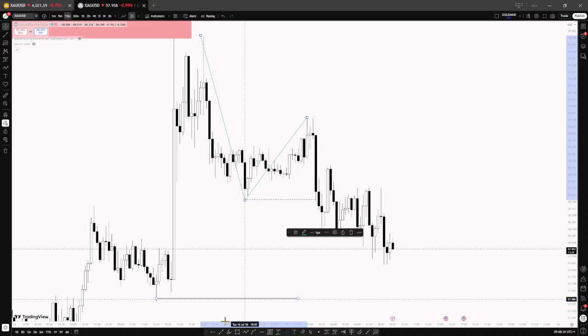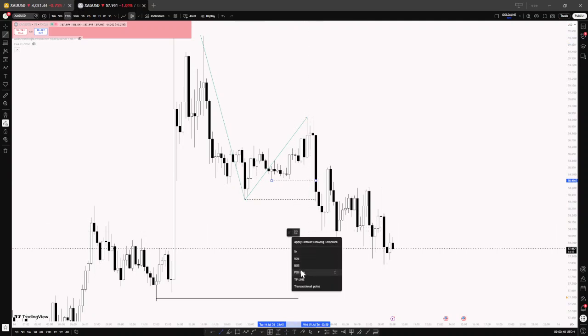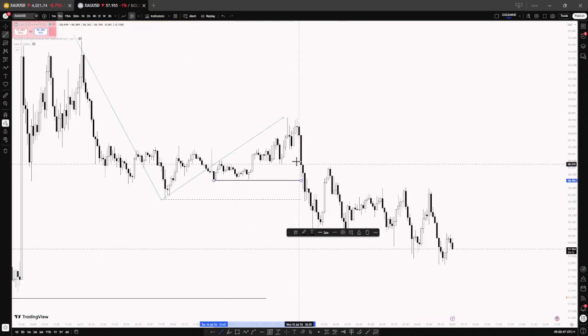So with that being said, I was going to watch out for this area, and then price coming back down. I want to see price actually take a lower low out before taking this higher low, but nothing of that sort happened. So that made me discard this area, meaning I'm not looking at this area.